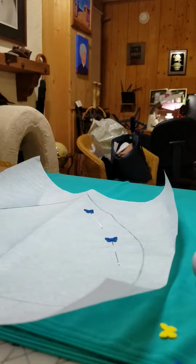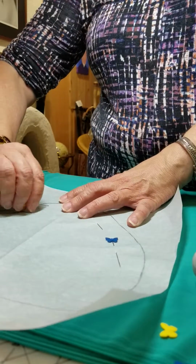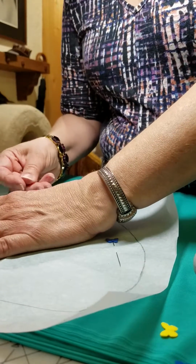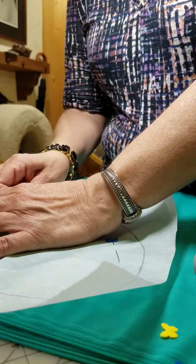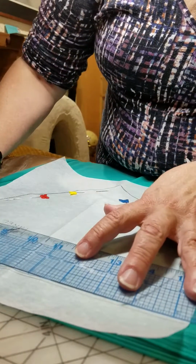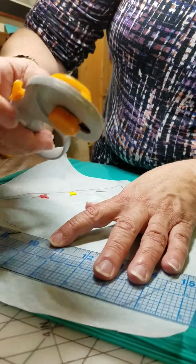So here I am pinning. This fabric is a bit slippery and curls and everything else, but I have pinned it close to the selvage, which is that interesting edge that's on every fabric that's usually pretty sturdy, coming out of the knitting or weaving machine at the fabric plant. And to make a straight cut, like this one here, we just take our little ruler, and this time I'm going to be very careful with this,